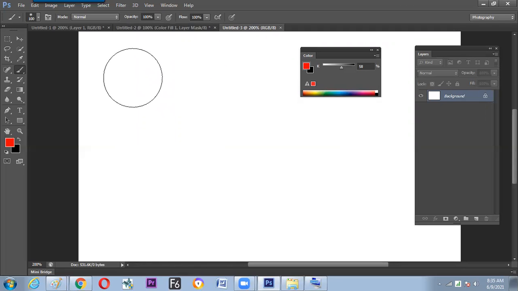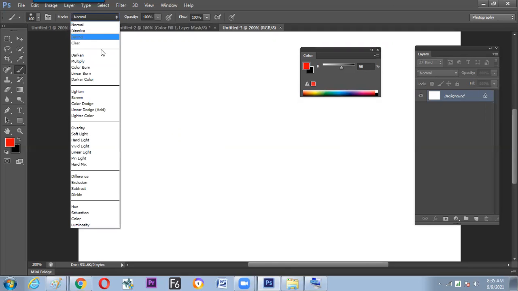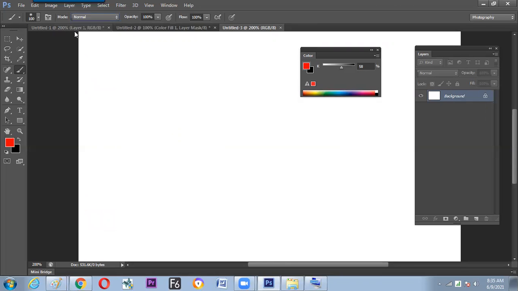Now, the same brush we can start applying on the screen with 26 blending modes. So now the next high level concept appears on your screen. By default, it is normal. That's why the color which is in the foreground is coming. But with the same brush, we can switch to the next option called dissolve and apply it.